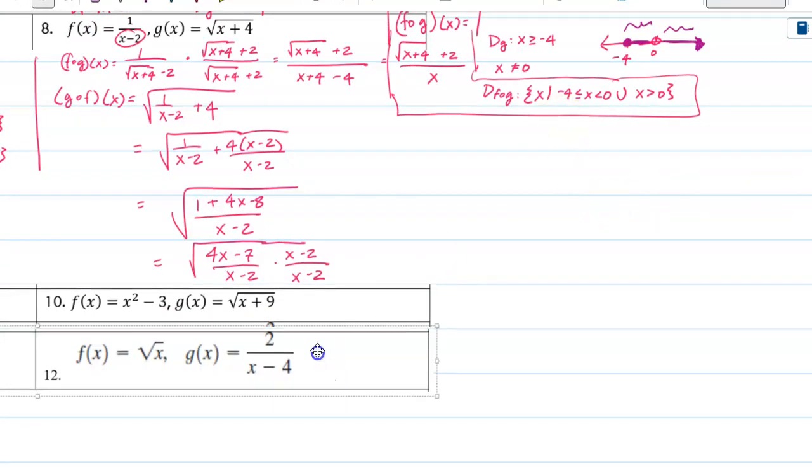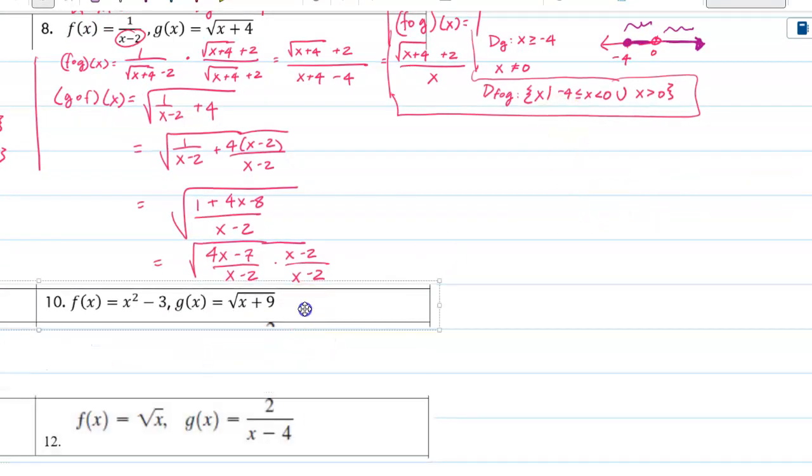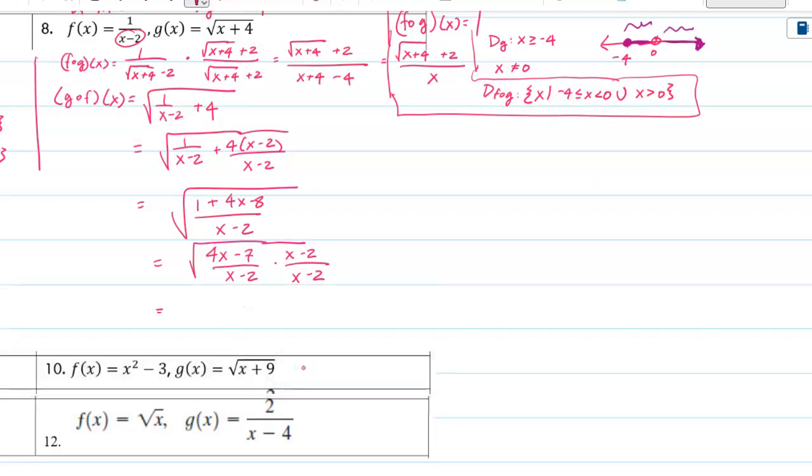Okay, I just need a little bit more space. So that is going to be the square root of 4x minus 7, x minus 2 over x minus 2. It can come out of the radical. Let's look at what